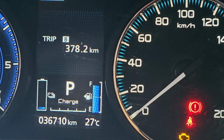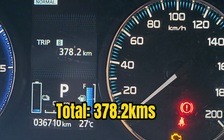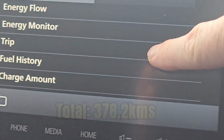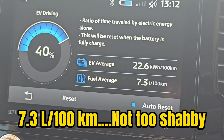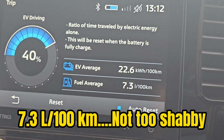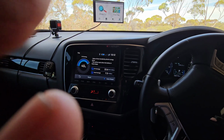Okay, so we're here in Mukinbudin at the unit. 378.2 kilometres I've driven today, and we got a pretty respectable fuel economy today, I have to say. 7.3 litres, which is not bad. That was a mixture of highway speeds and a few back roads, and it was quite a nice trip,